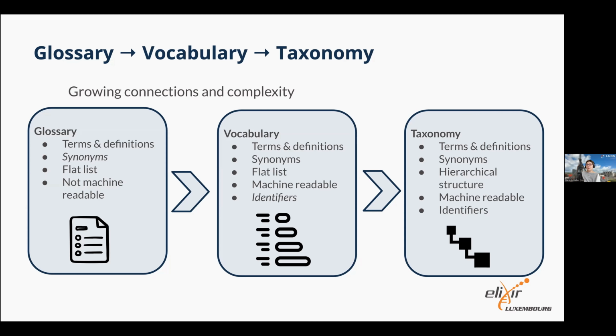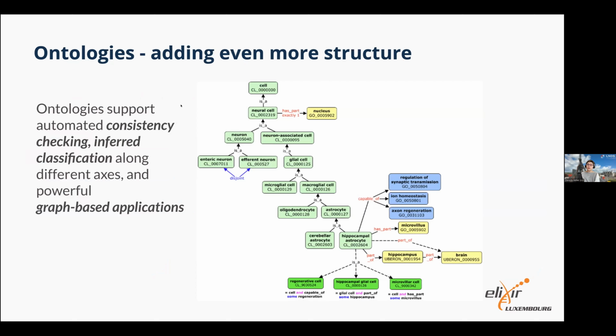But so those are the basic categories that we have. And then we've got the ontologies, which are at the very top of that complexity. They add even more structure. So you're not just going up and down, but you're also having these connections through other links, for example, has part. Quick health warning about this screenshot. It's quite an old one. Some of these connections no longer exist, but it's too much hassle to recreate a screen grab.